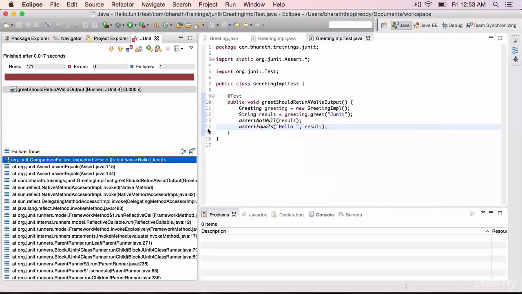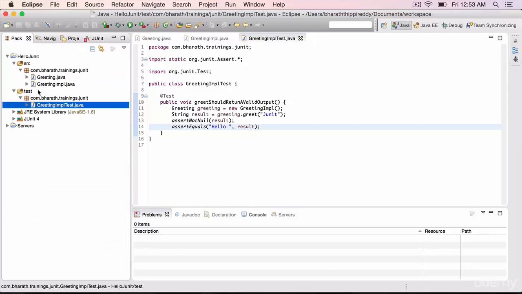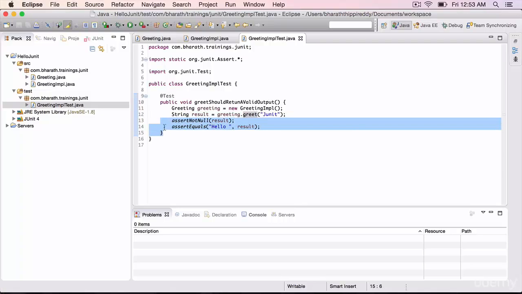It's that simple to write a JUnit test. You create a test folder, right click on your implementation class, create new JUnit test case, then give your method a meaningful name and call the actual method under test by creating an instance of your class, and then use the assert statements to assert the actual results versus the results that you are expecting.